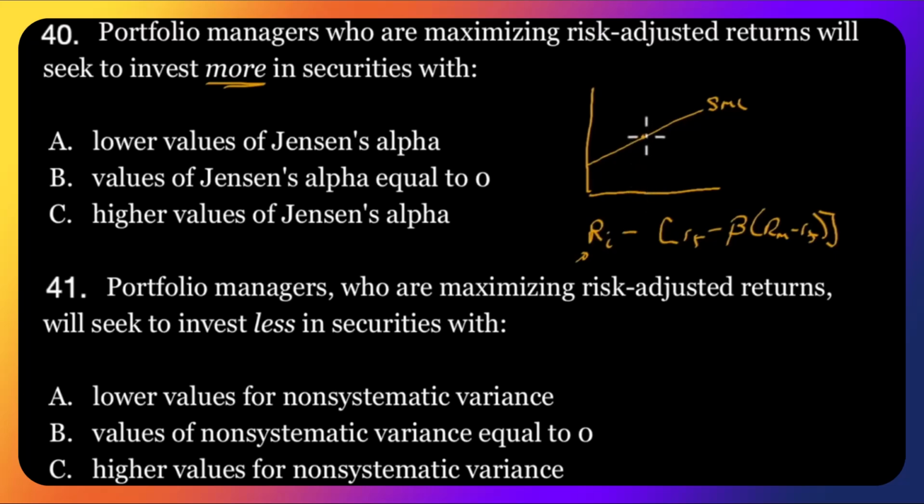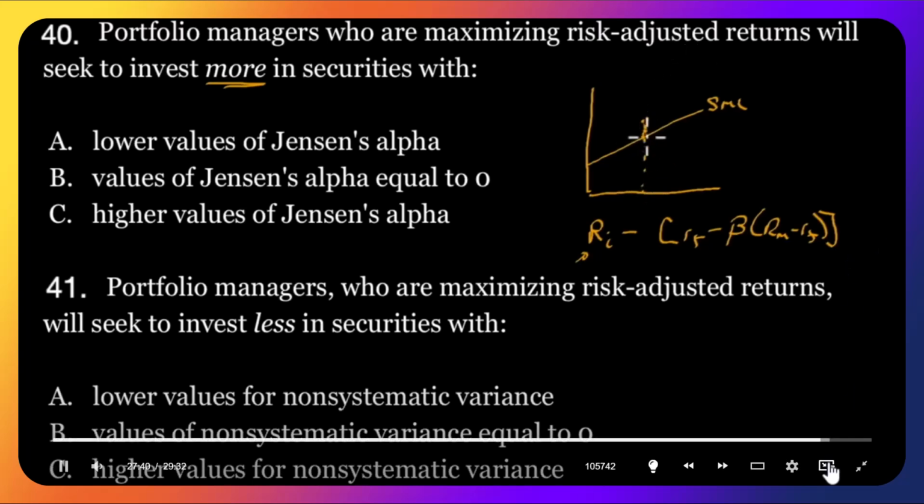Jensen's alpha will give us, if we have a return higher, this distance. That's what alpha is measuring, the distance above the security market line for the same level of risk. So if we want to maximize our risk-adjusted return, it's for the same level of risk, but a positive alpha means we're above the security market